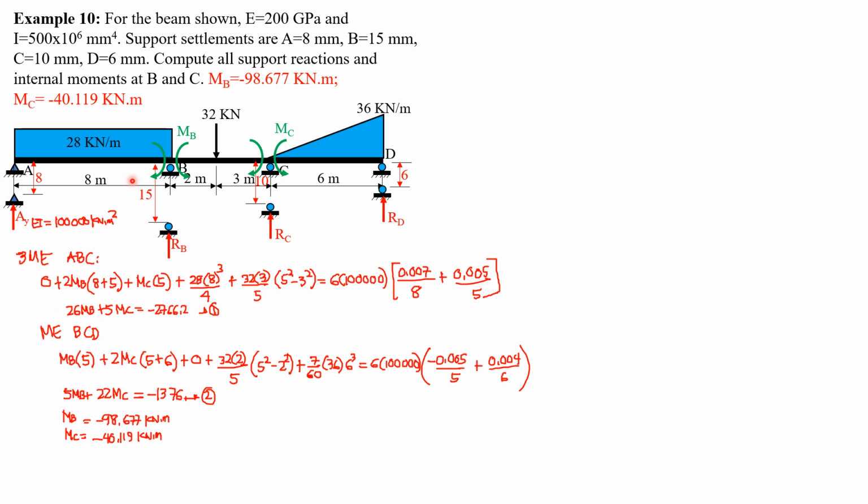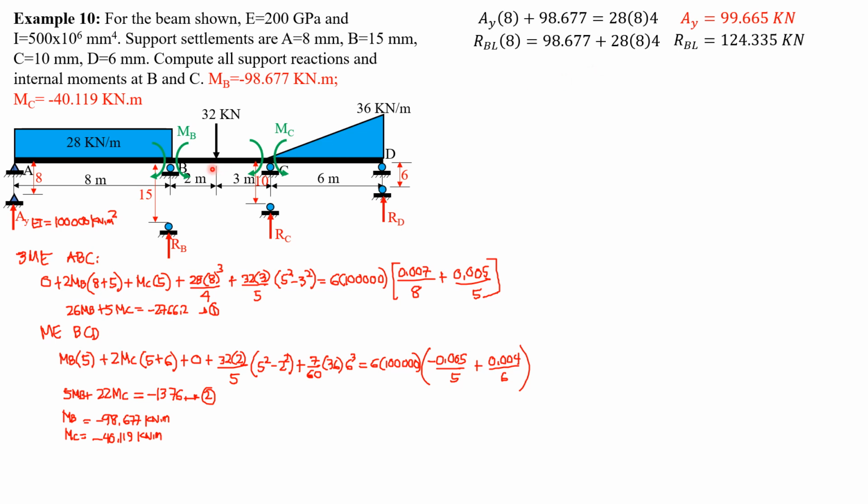So considering AB, summation moment about B equals 0, so we have AY times 8 plus MB, which is 98.677, equals moment of the load 28 times 8 times 4. So AY can now be computed and it is equal to 99.665 kilonewtons. Likewise, we consider the reaction just to the left as RB left, summation moment A equals 0, RB left times 8 equals MB, which is 98.677, plus 28 times 8 times 4. So RB left is equal to